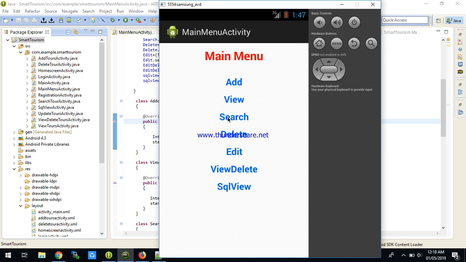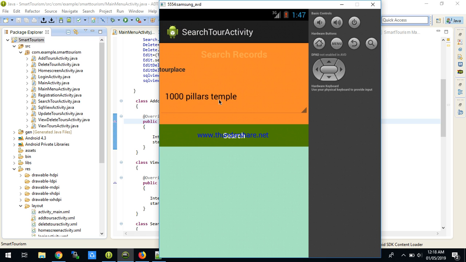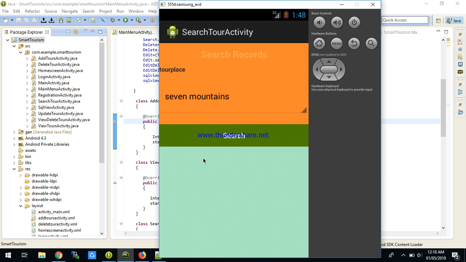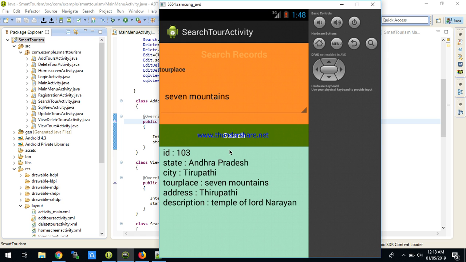and I would like to search the records. So if I search the record based upon this particular drop down, it shows all the tour names. So this is 1000 pillars, 7 mountains and Kashibugga Warangal, like this it is showing, and I say 7 mountains, and just click on search, and it shows Tirupati, 7 mountains, Tirupati, temple of Lord Narayana. So like this I get back,